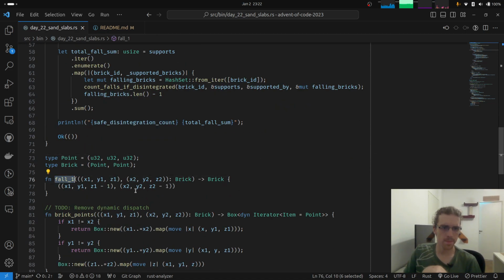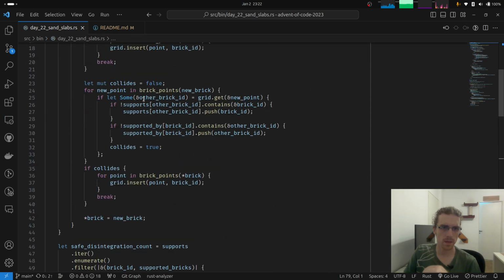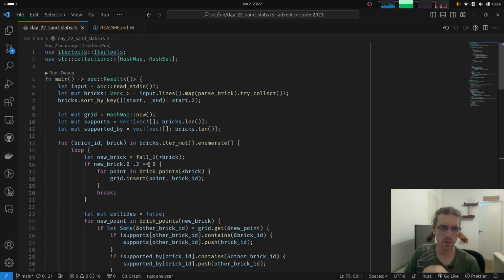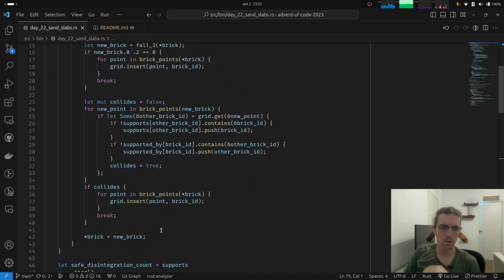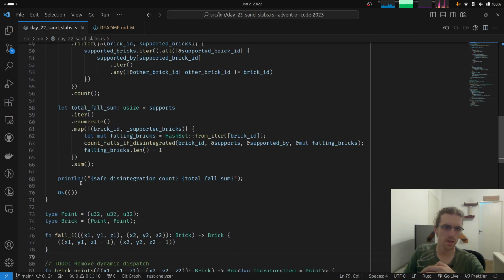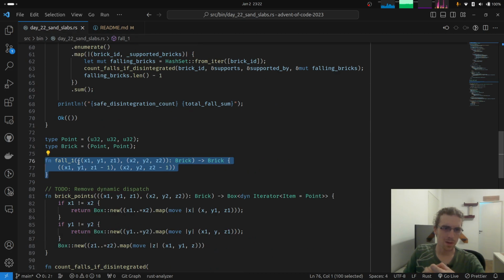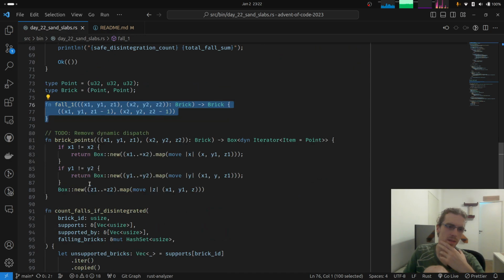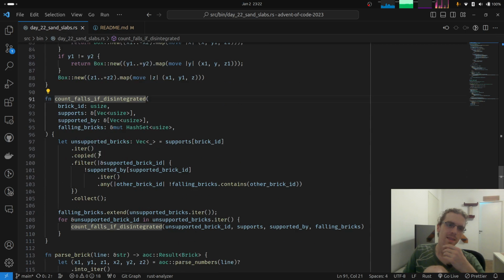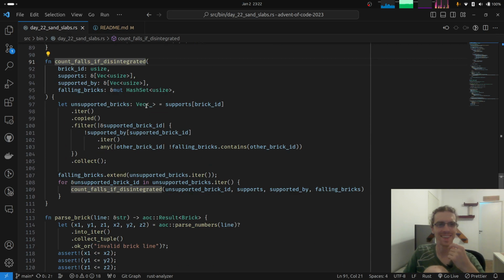This is probably going to also be removed, because I think we can do that when tidying this thing up. I think we will get rid of this also. Fall 1, I guess move down could be a better name for this, and then we have this recursive function,